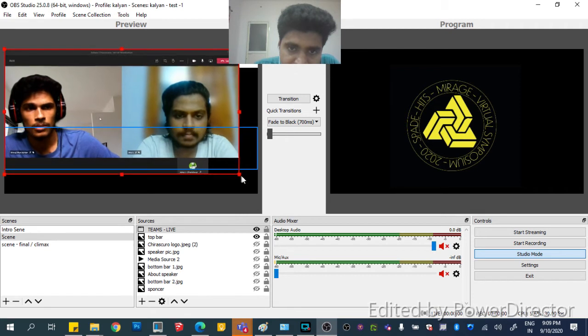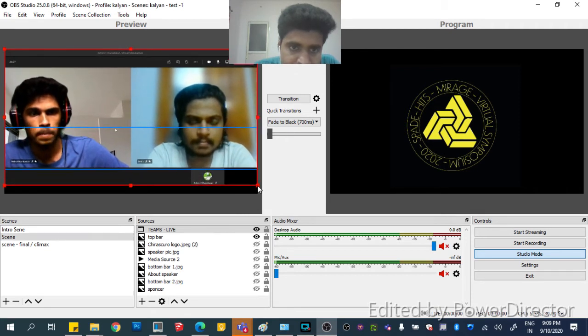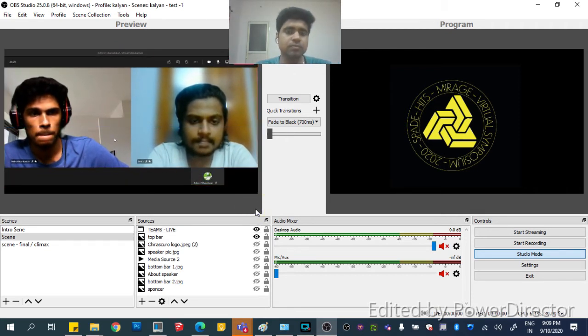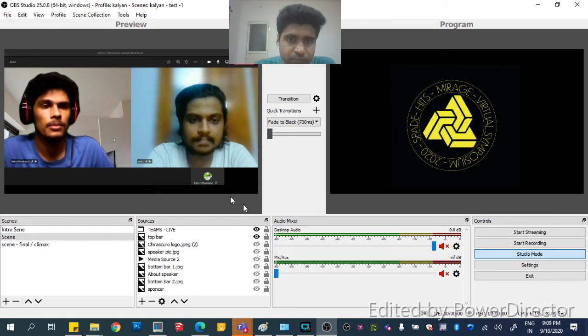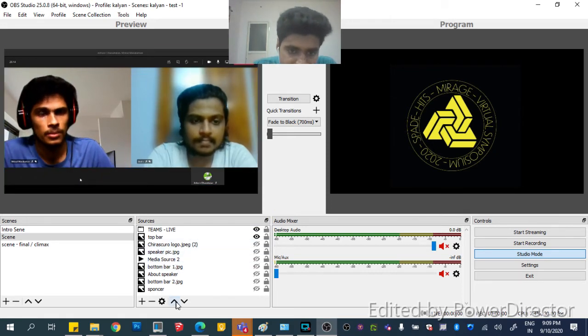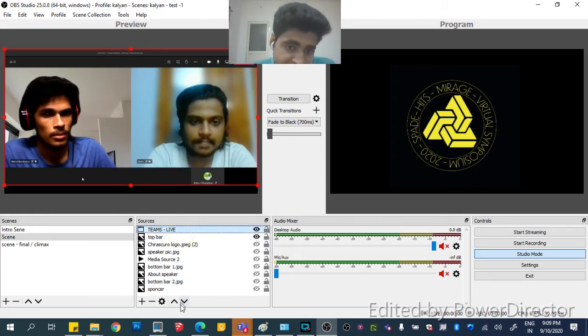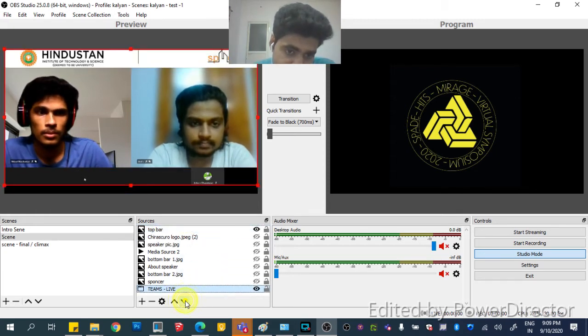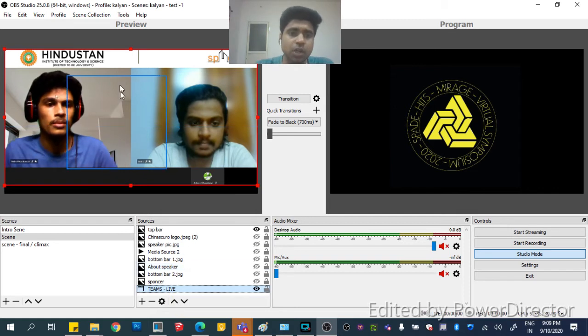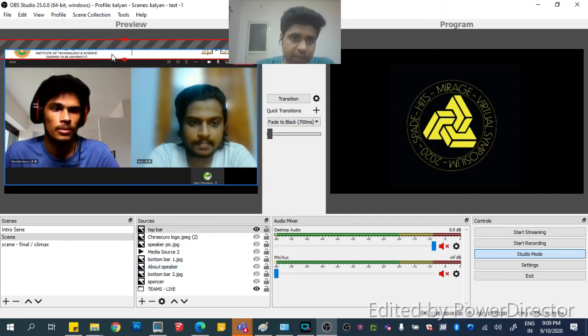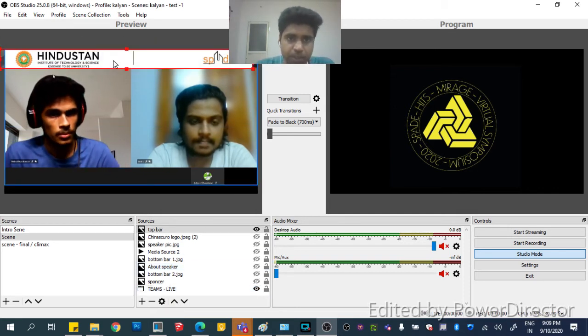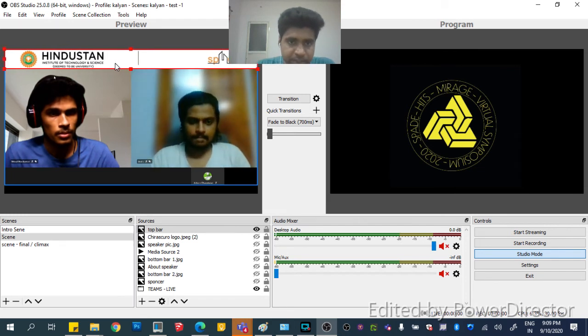I made it bigger, and these arrow marks keep it in layers, backside, and this is in the front layer, so I'm pushing it behind, way behind. See, now it's a behind layer. On the top layer, I'm going to add a bar like this. That's up to me to add a bar, and I resize it.